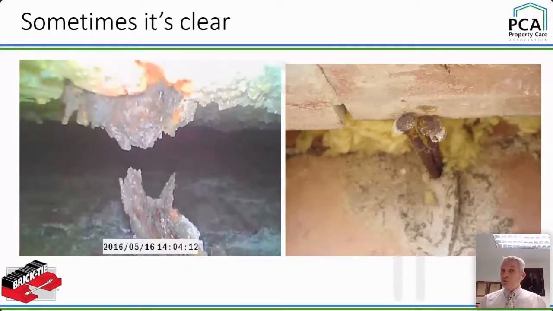We're going to move on at some point to other defects, and I just want to reassure everybody that the cowboys are still with us, and they've always been with us, because on the right there, that's a pre-war property, and they've run out of wall ties, so they've used nails, all right? 6-inch nails, and it's insulated. You can see there's insulation where we took the brick out, but we only took the brick out to photograph.